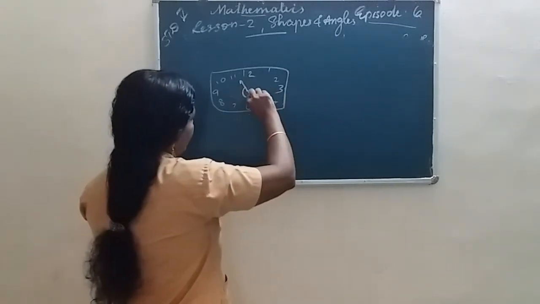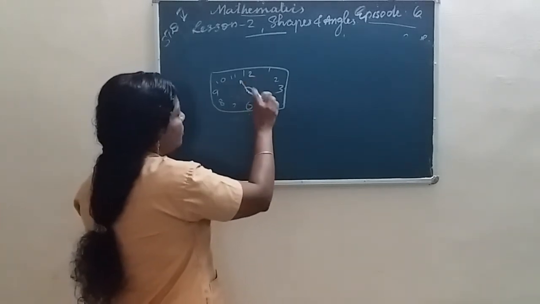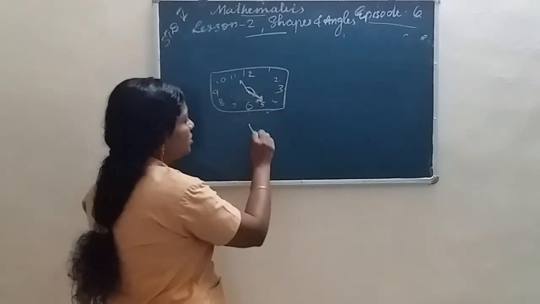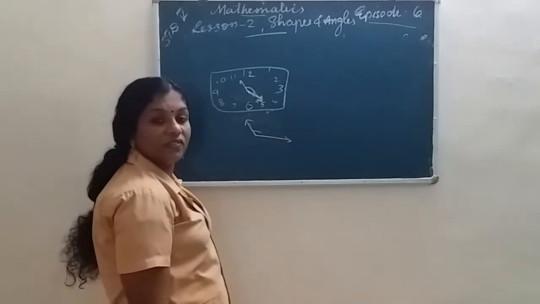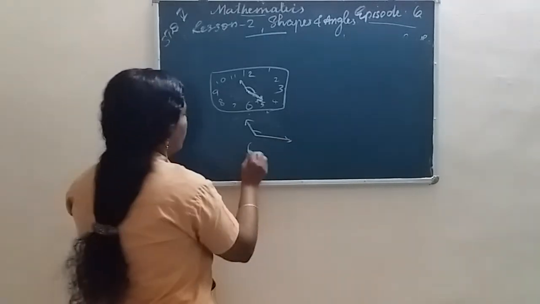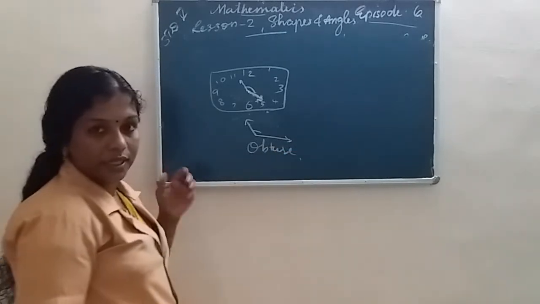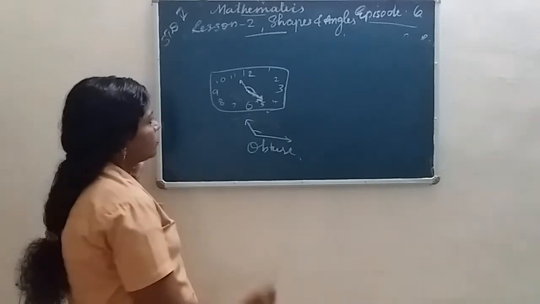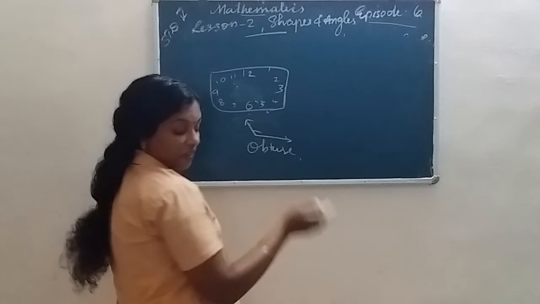Okay, this angle, not this one or this one. Which type of angle is this? This angle is greater than 90 degrees. Then which type of angle is this? Obtuse. Larger than a right angle is an obtuse angle. Less than a right angle is acute. Then there are many questions and many more examples given in your text.